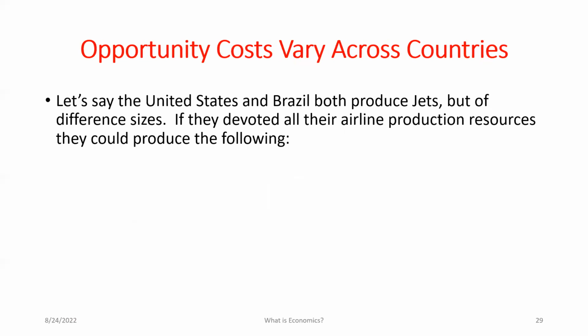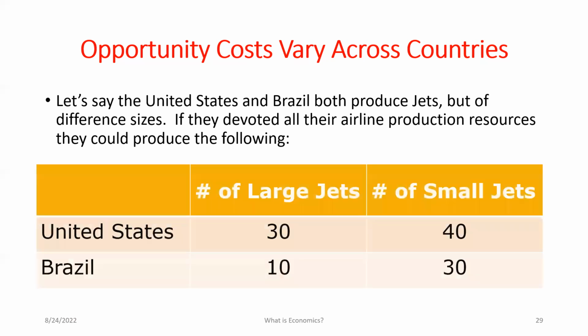I'll transition this to a country example. So let's think about Brazil and the United States. I don't know why I chose Brazil, but let's say they were all producing jets. If they took all their resources for the construction of traveling devices, jets versus cars, and they're putting all their resources into producing jets, we've got the following. If they produce only large jets and use all the resources, the US could